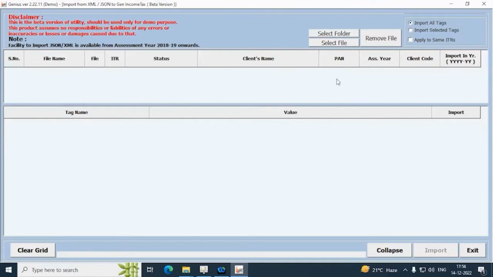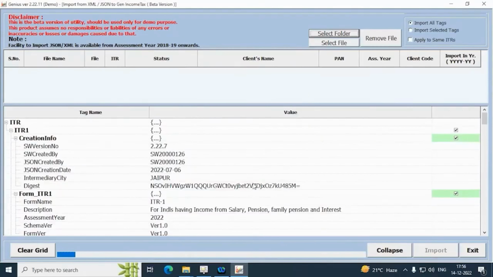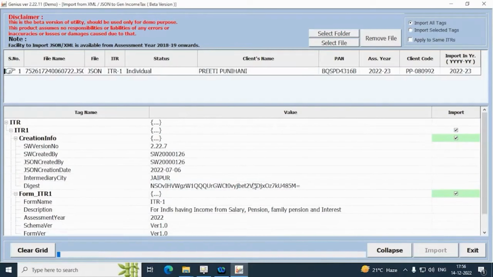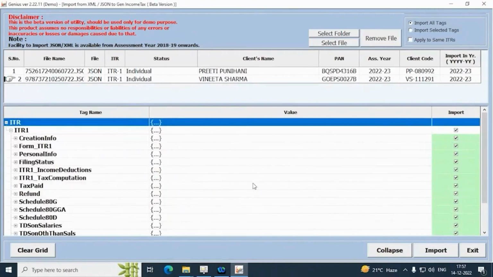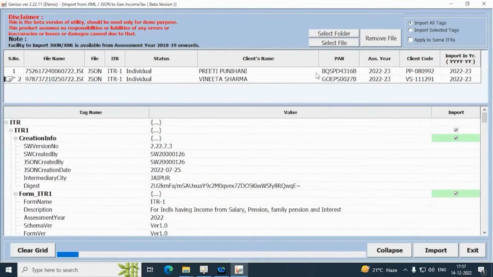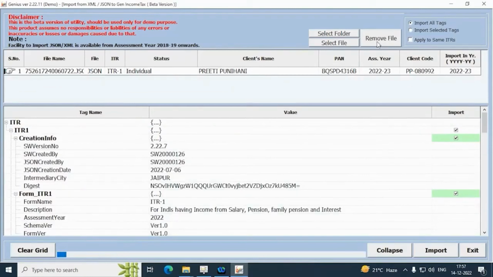After selecting the folder, the JSON file will appear there. Suppose you want to delete a file from the import option, just select that file and click on remove file, and the file will get removed from the list.